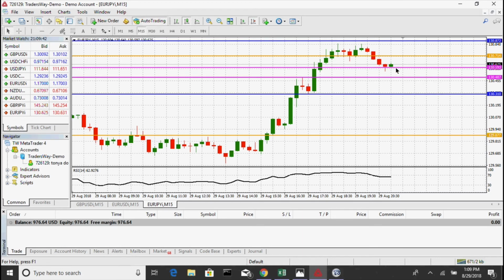And then my stop loss just below 130.714, which is really tight, but I wouldn't necessarily get into a trade there. I could if I got at least 7 or 8 pips. If I set it right below there and